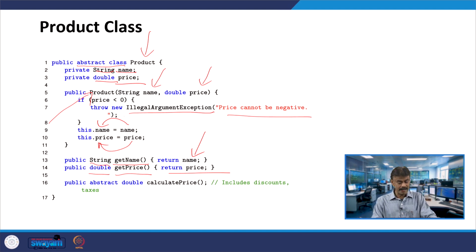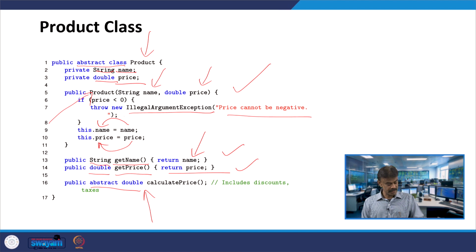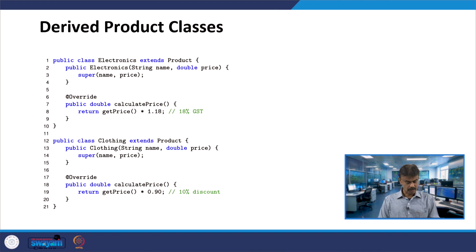So, here you have one abstract function, public abstract, and this is a regular function. In fact, this is a constructor, a 2 argument constructor, and here you have the abstract function. So, that means it is a Java abstract method. In the previous example we used a virtual function, if you recall. So, here it is the abstract method calculate price, that means it has to be inherited further. In the further inheritance this has to be defined. Anyway, because it is an abstract class, I can't create any object.